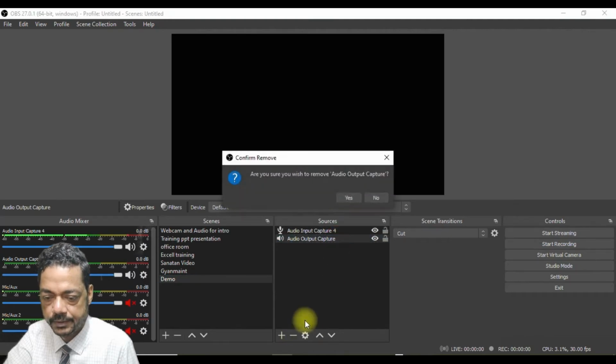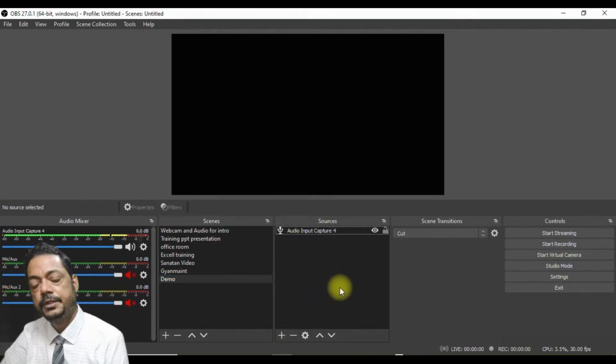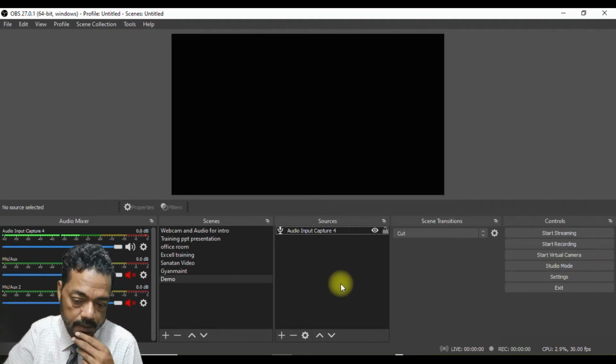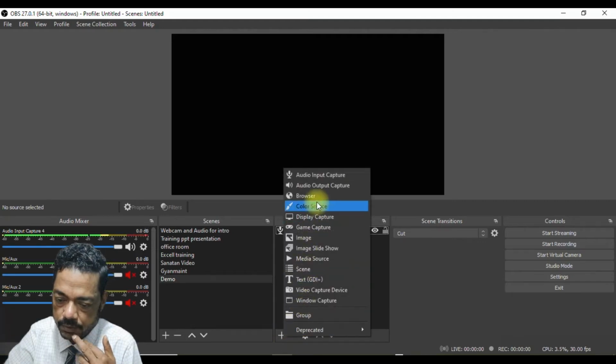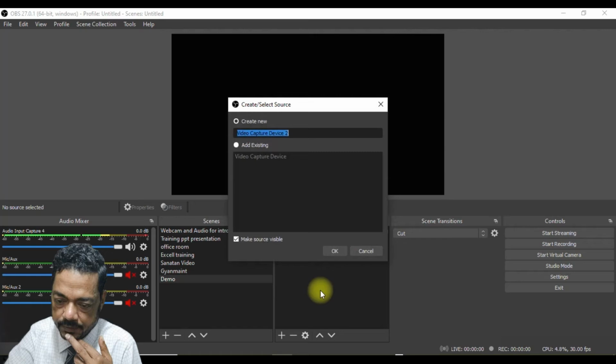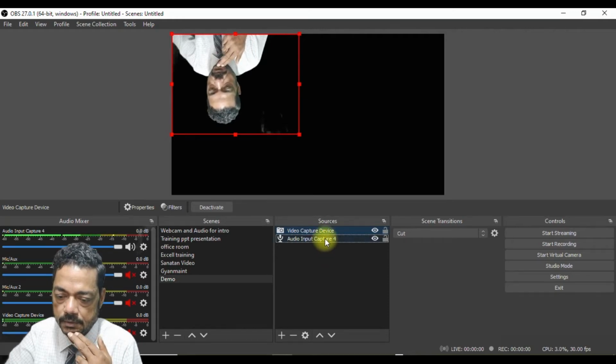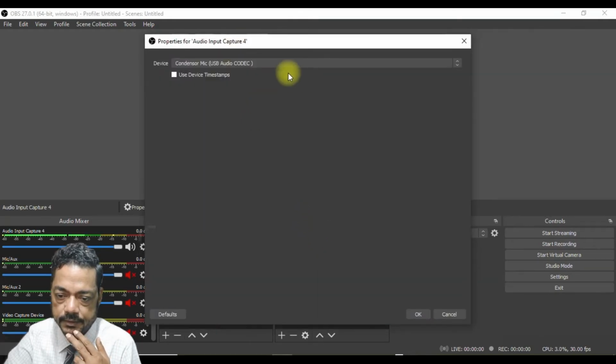I will remove this. Then you need a PPT and a video capture. First we'll add a video capture device. I have already added the video capture. As soon as I add it, this is my webcam, and I can adjust it.